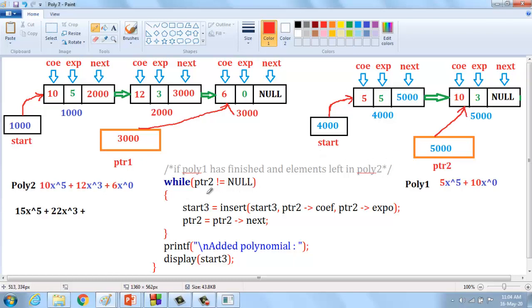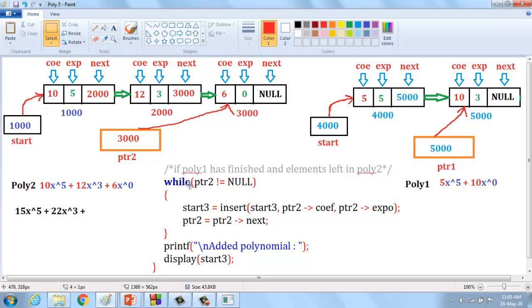Okay, while ptr2 not equal null, if polynomial 1, this is polynomial 1, okay, this is polynomial 1, this is polynomial 2.